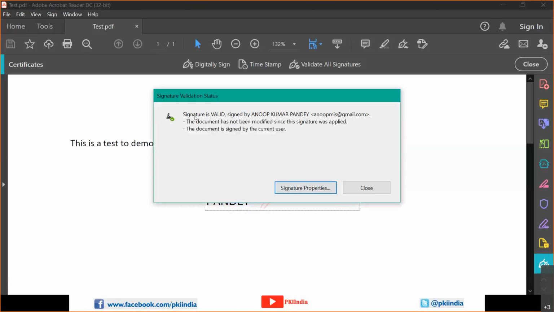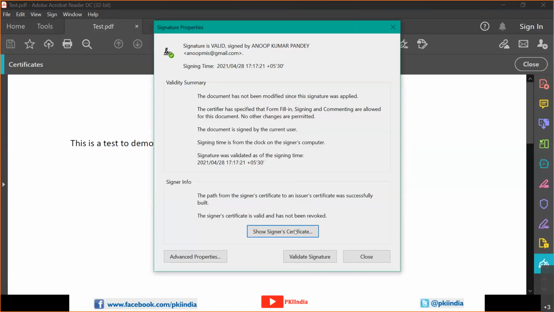So now you can see the green tick here. The signature is valid and signed by Anup Kumar Pandey. Okay, so now you can see everything here, and you can see the green tick also now. Previously we were seeing a yellow tick, now we are seeing the green tick. Why? Because now it understands that CCI India root is the root of the hierarchy.